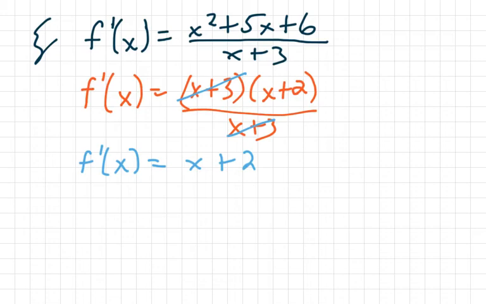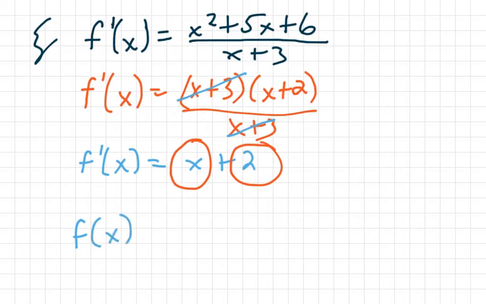So when I do the antiderivative of f prime of x here, I'm just going to do the power rule on this term and on this term. Two separate power rules. So you'll see f of x, now that I'm doing the actual antiderivative, I've changed it from f prime of x to f of x. So again, add 1 to my variable exponent and divide by that new exponent. So that x has a 1 on it, so it's going to be x to the 2 divided by 2